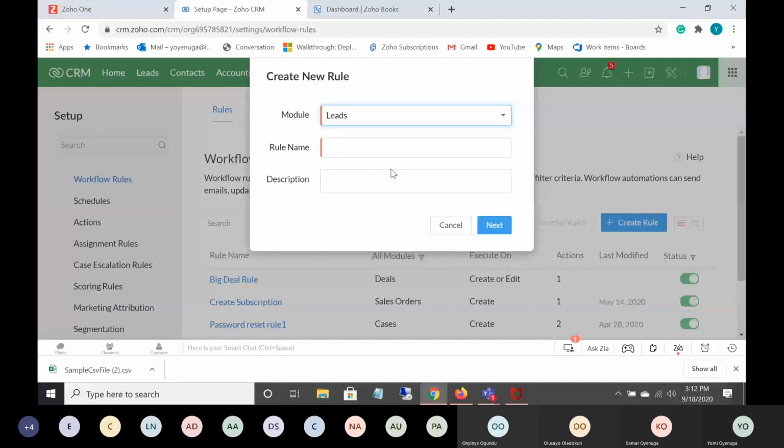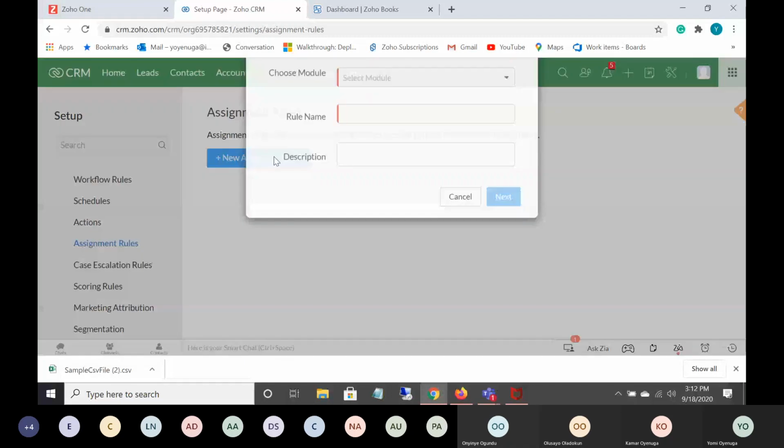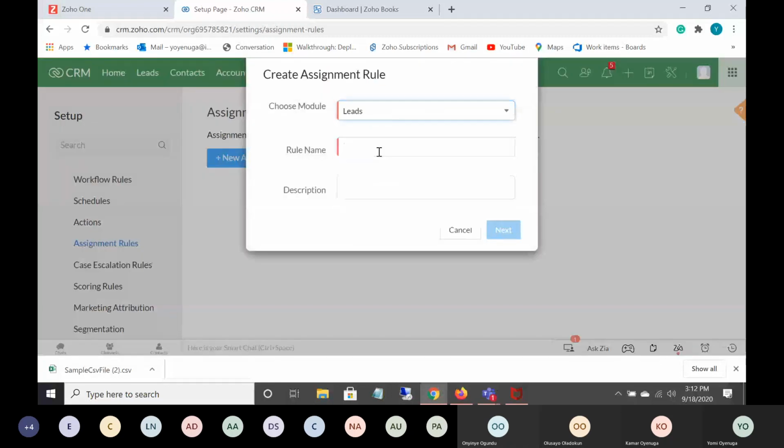So they want any lead coming into the CRM to be assigned to that person. Okay, let me come to assignment rule instead. So we want any lead that comes into our CRM to be assigned to our sales representative. He's just going to get notified when a lead comes in, and then he goes in and follows up on that lead. So let's just call it